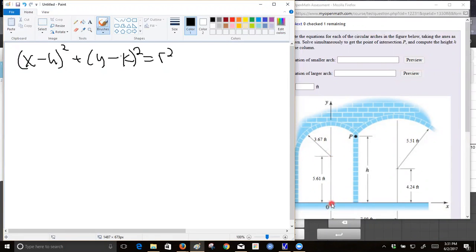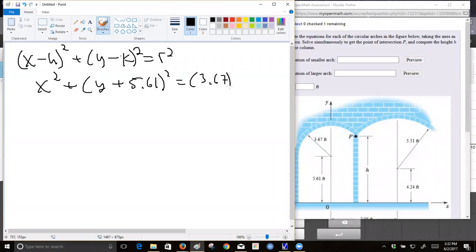It's on the y-axis, so x is 0, but it's been shifted up 5.61 feet. So that gives me an equation of x squared, because h is 0, plus y plus 5.61 squared equals the radius squared, and the radius is